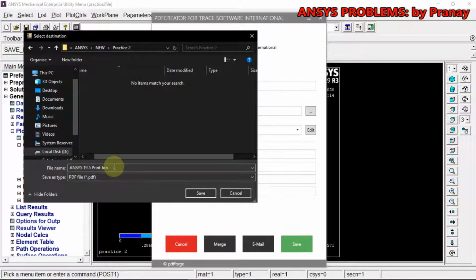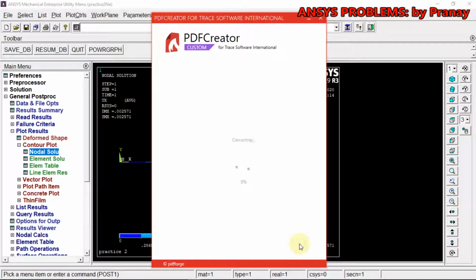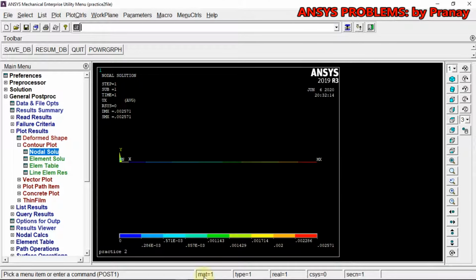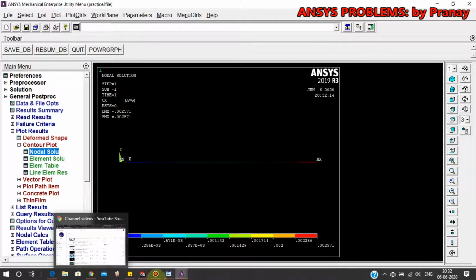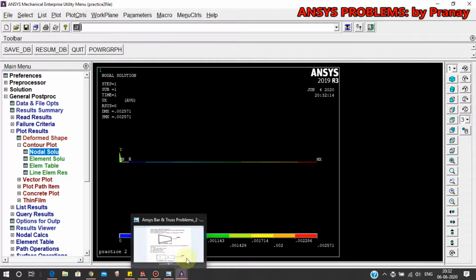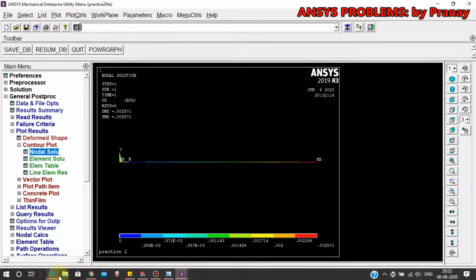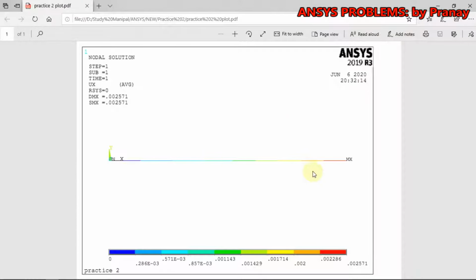So over here, save it as the name practice 2 plot, save. You are seeing it's all black background, but when we save it as a PDF, it converts into a white background. So this is the output that we are getting, and that is the output that we need.